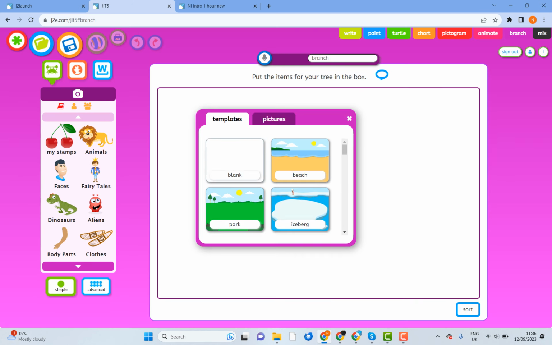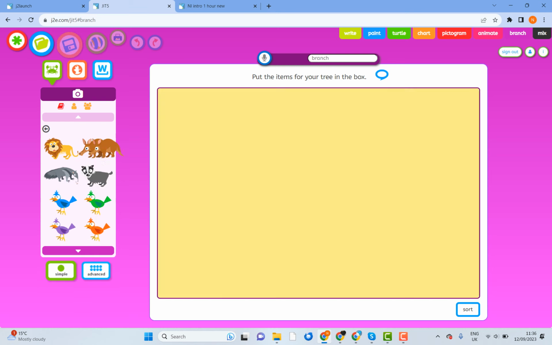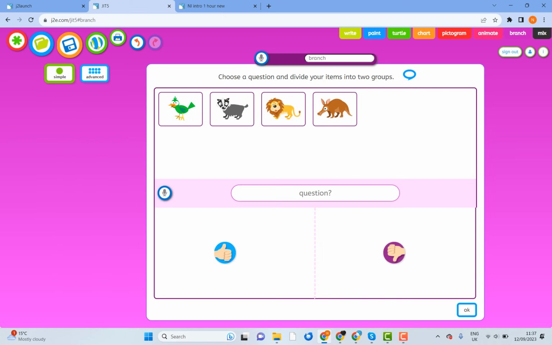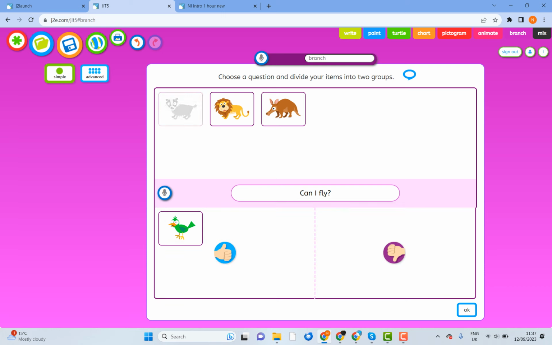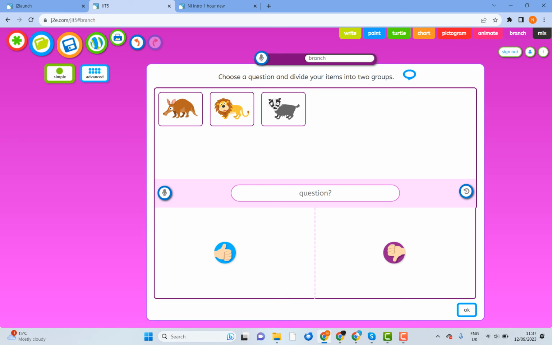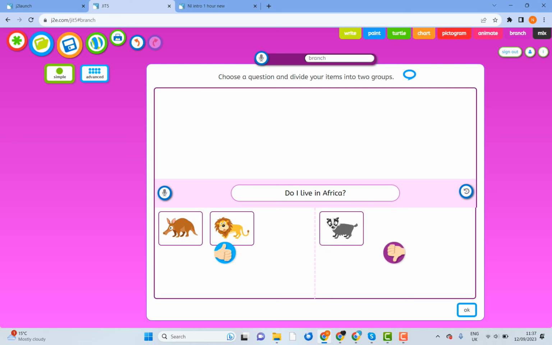Branch, which is our branching database. So just to show you this, it's a great way of classifying data using questions. So we use a sorting question. So we could say, can I fly, for example, and you're going to drag the data that correlates with that question, and then you just keep going. So we click OK and it's going to offer us up another question. So do I live in, let's go, Africa? We'll say yes, yes and no, and you keep going